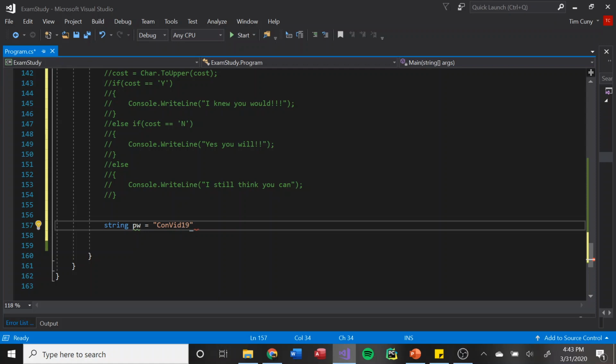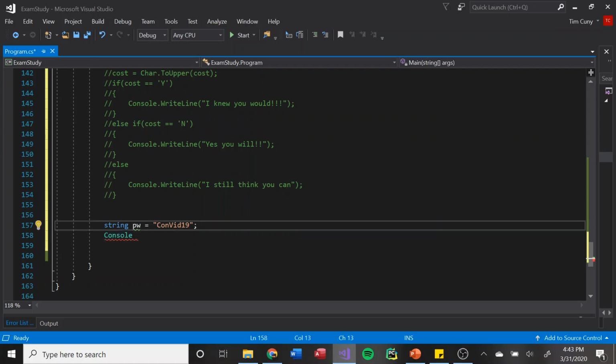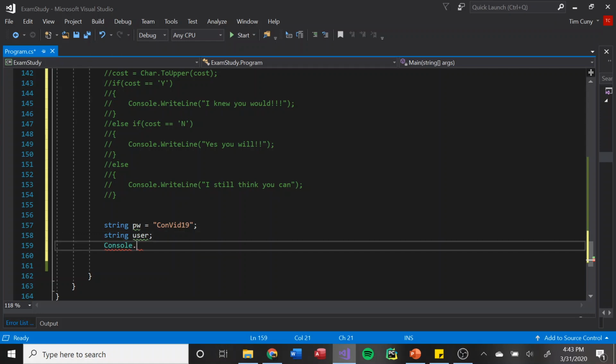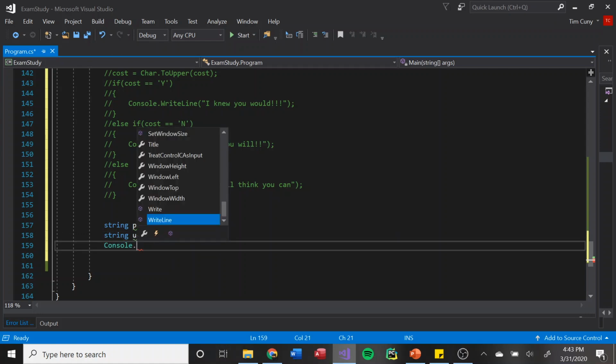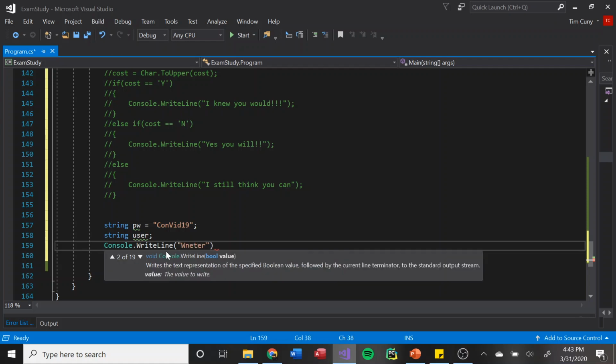So we'll say that's your password. Then you say Console.WriteLine. And then string user. We're going to declare the string user. We'll prompt our user to enter